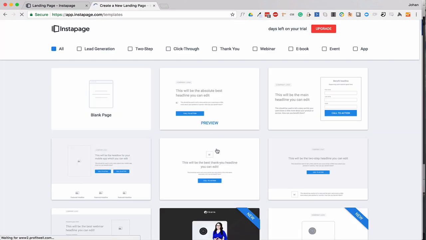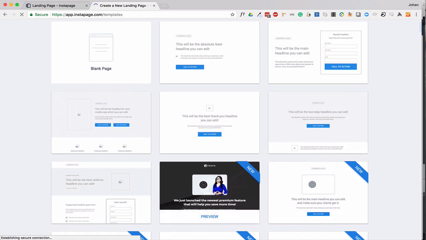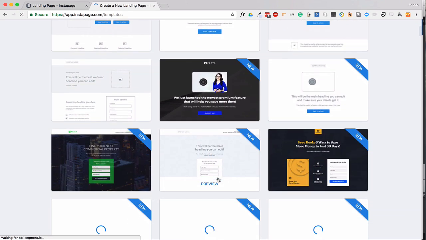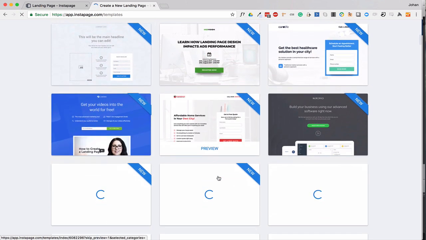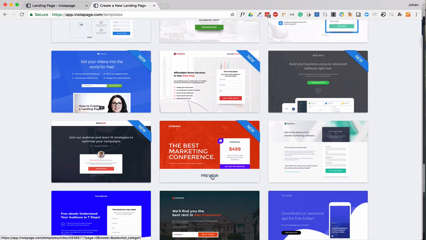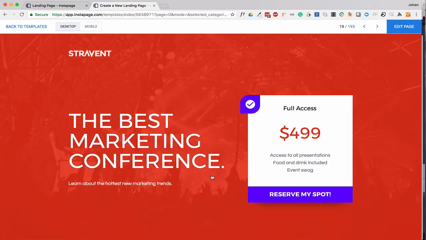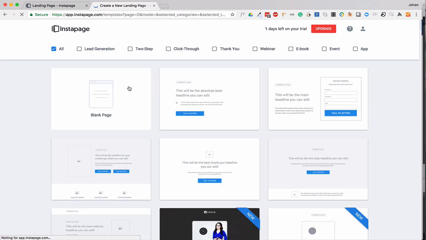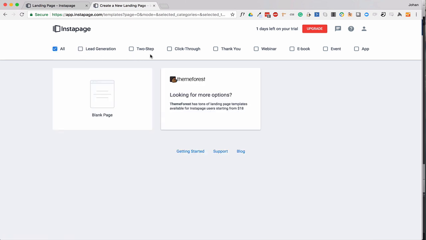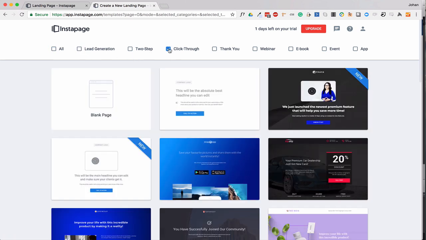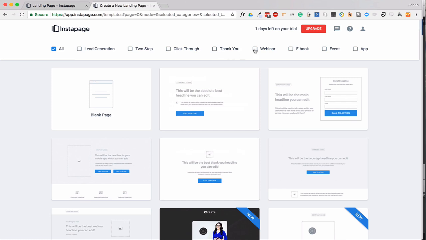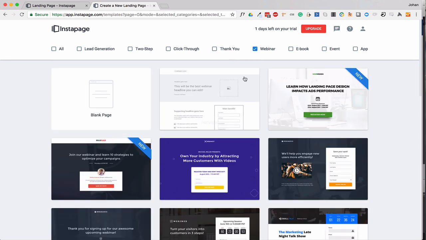And as you will see, you have a whole bunch of templates to pick from. You can select one and even preview it before deciding to use it as a landing page. But what's quite interesting is also that you can filter these pages to select templates with click-through pages, or when you would like to organize a webinar and you need a webinar landing page, you can easily select these filters